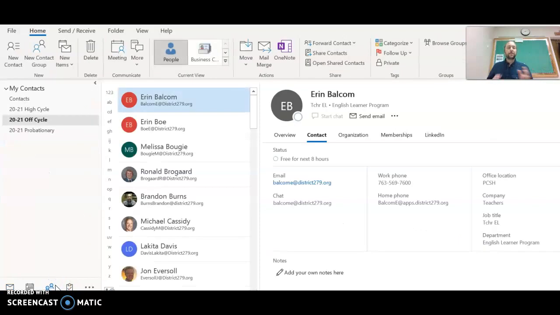Hi everyone. So this is a quick description of how to create personalized mass emails where the email is addressed only to one person and it's not BCC'd,